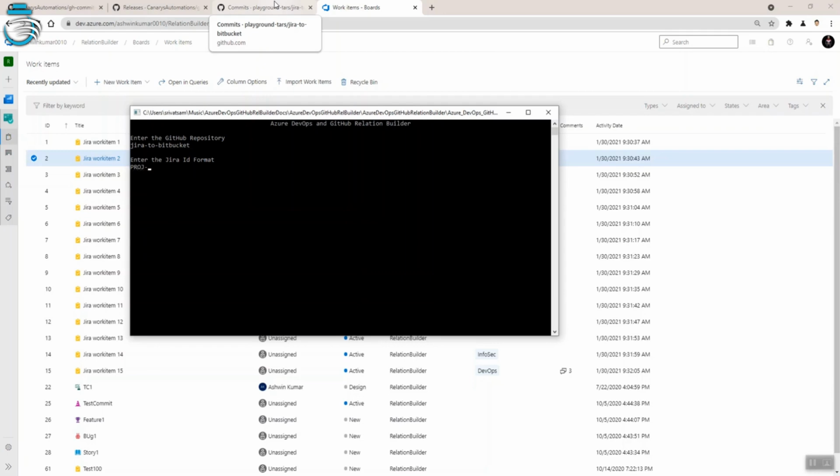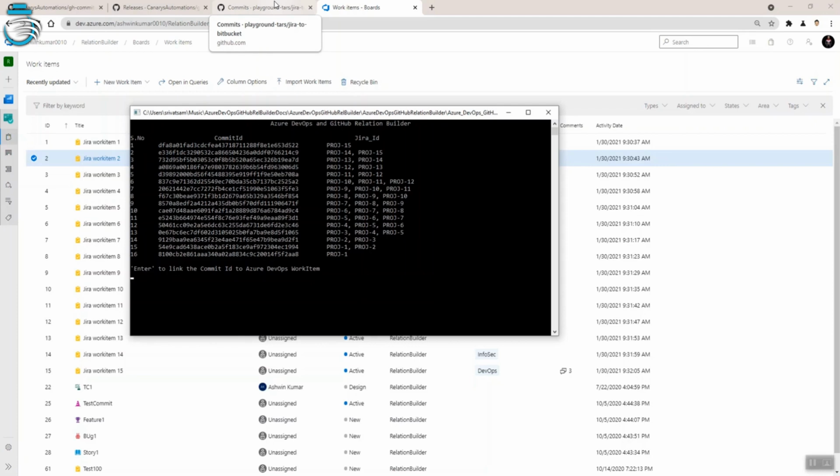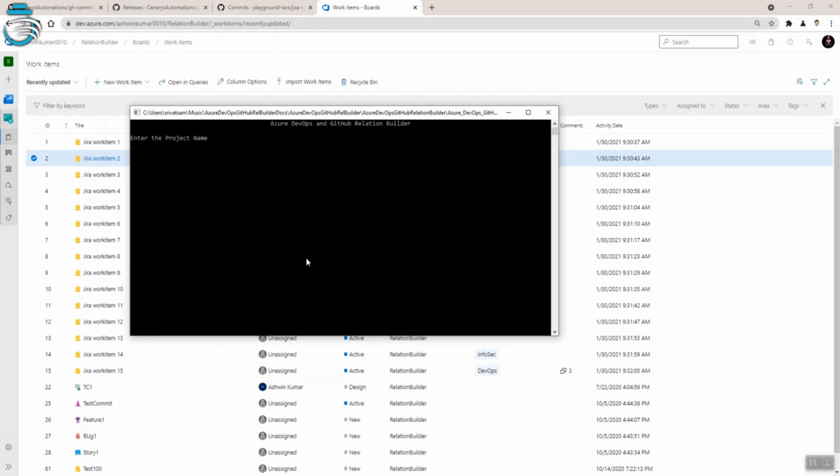My format starts with proj-, so I will pass that as the Jira ID format. Once I define the format and the GitHub repository in which I need these relations to be built, it will ask me whether I would like to see all the commits in my repository. Yes, I would like to see that. I get the list of commit IDs along with the associated Jira IDs. Now when I press enter, it will automatically go and start linking these commit IDs in my Azure DevOps work items.